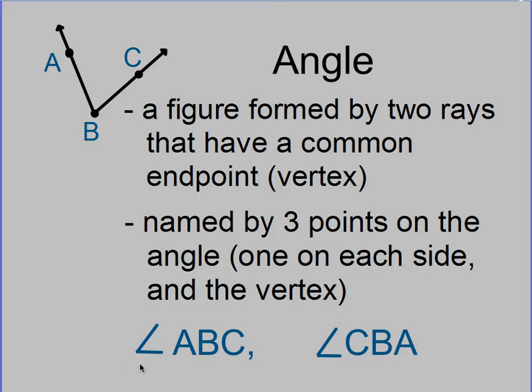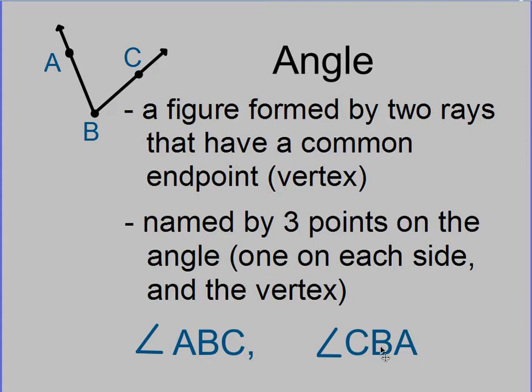So notice for the angle name, I actually use the symbol for an angle, and we put it in front this time instead of on top. I can call this angle ABC, or I can call it angle CBA, because those again are the patterns that follow along the angle. The important part here in an angle name, in any angle name, is that the vertex is